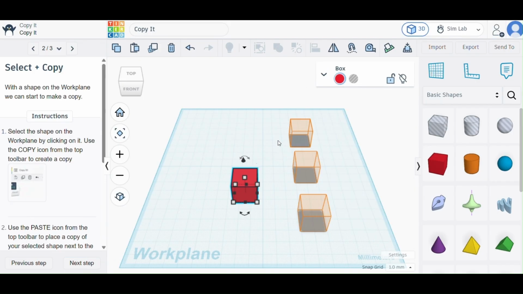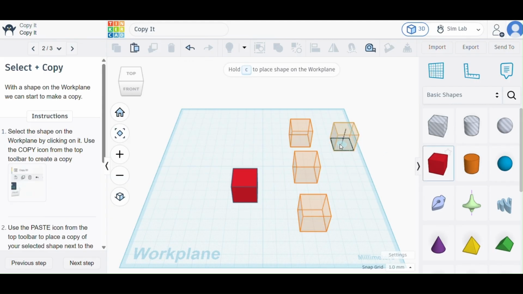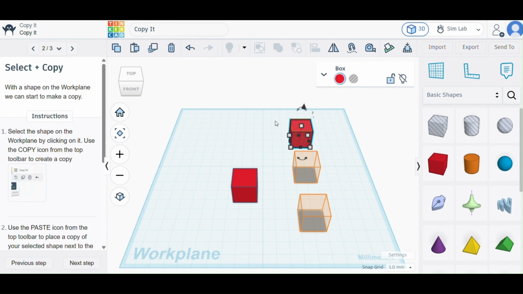Okay, so I'm going to click this guy. And you can tell he's selected because he's got a blue line around him. If I unclick, there's no blue line. If I click him, there's a blue line. Now, I could just go ahead and drag another one of these boxes over here, but I don't need to